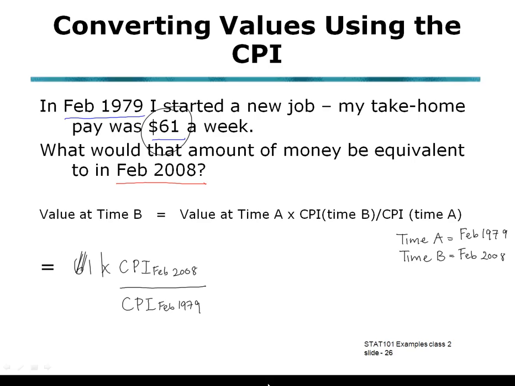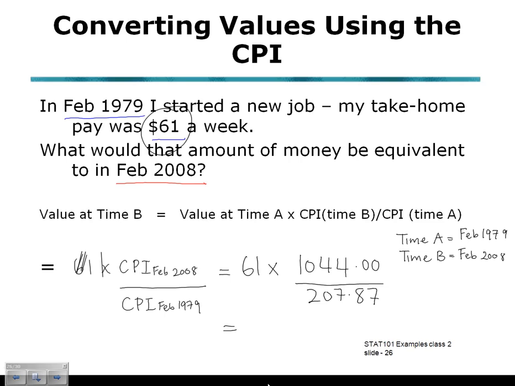So filling in our values, we've got 61 times that CPI for February 2008, which was our 1044.00, divided by the 207.87. So that's the CPI value we picked up for February 2008, divided by the CPI value for February 1979. And calculating this gives us an answer to 2 decimal places of